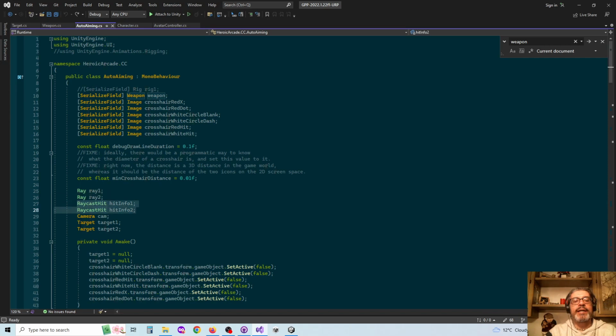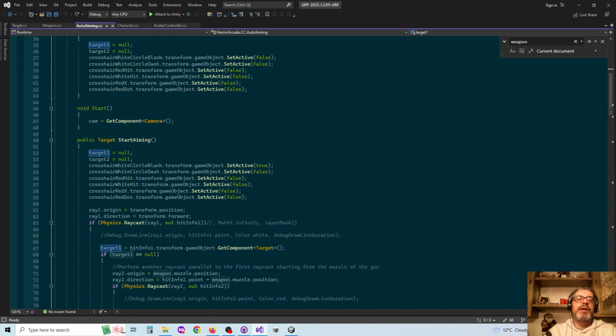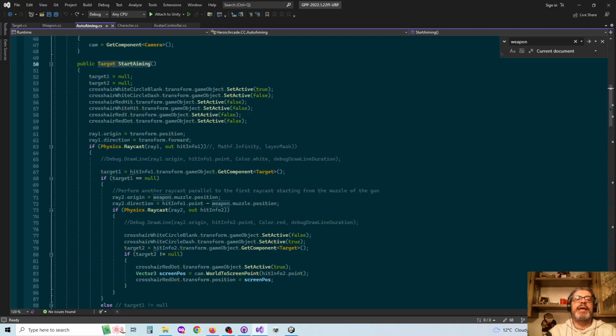As you can see, everything is duplicated. There are two rays, two raycasts, two targets. These targets in particular are references to the game objects that are getting hit by the raycasts. And these objects may or may not have a target component on them. So the way it works is that when you start aiming, you cast a raycast in the direction where the gun is pointing, starting from the muzzle, straight, until it hits something. Now, if it doesn't hit anything, that's one case. For instance, you point it to the sky, you don't hit anything,